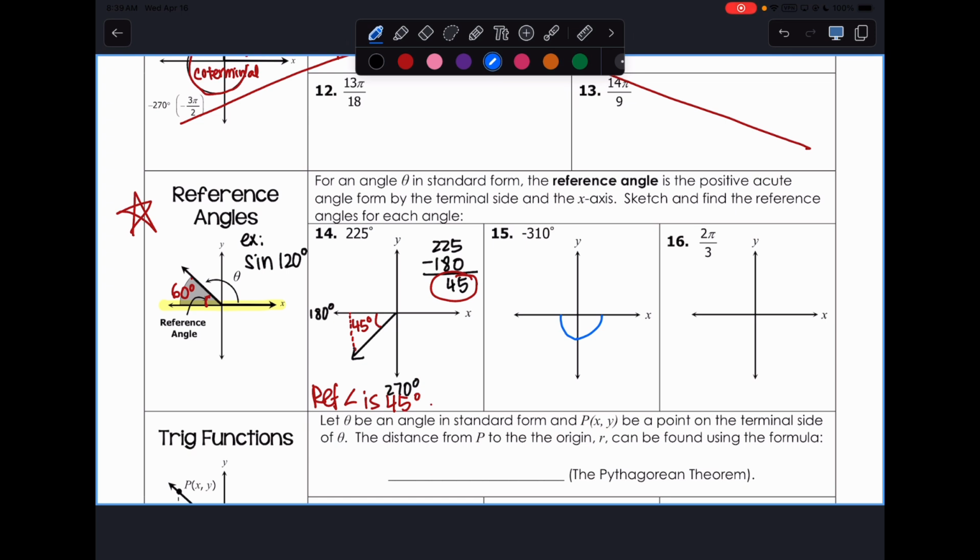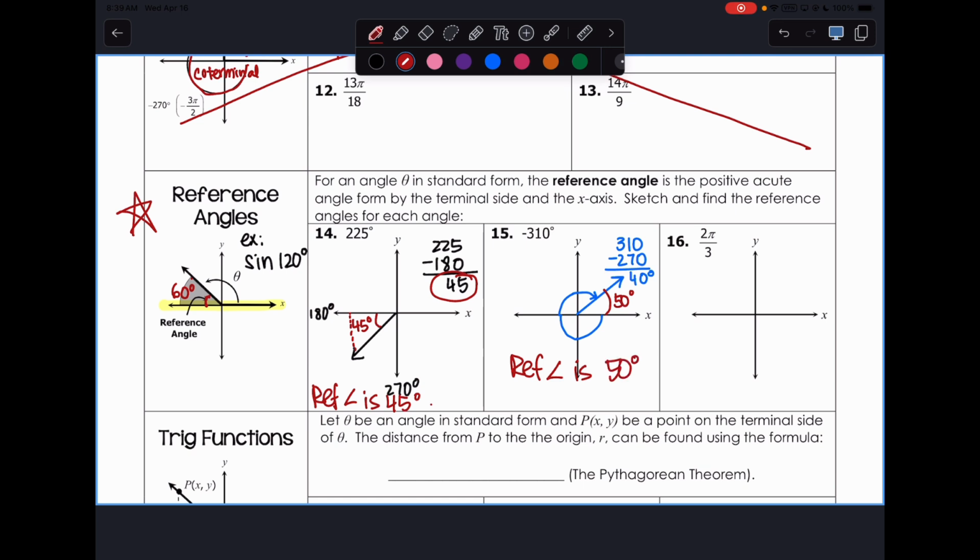This is 180. This is 270. How much more than 270? Yeah? So 40 degrees, maybe probably slightly lower than 45. So there it is. So what's my reference angle here? 50 to make another 90, right? So your reference angle is